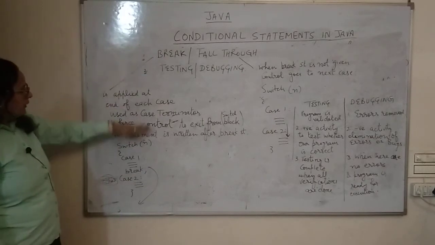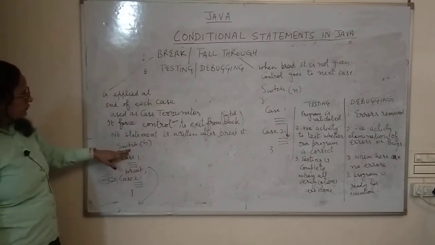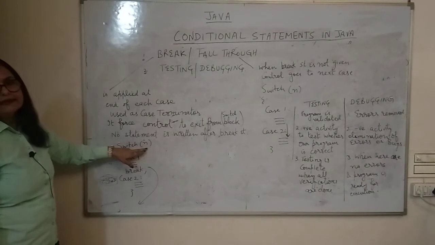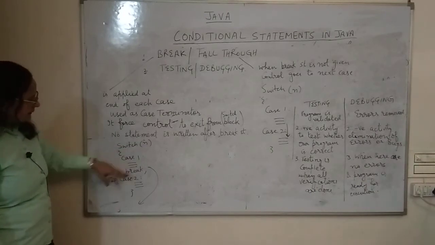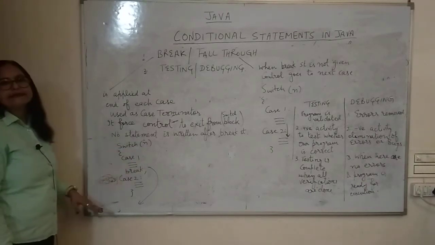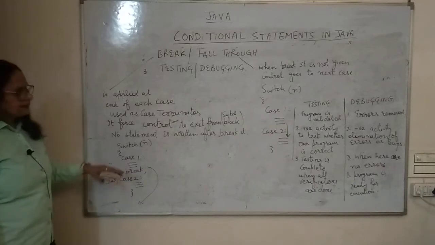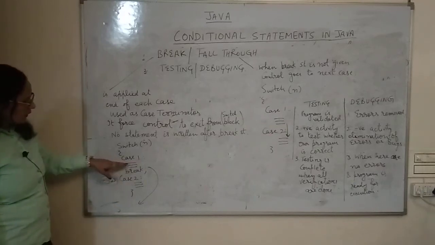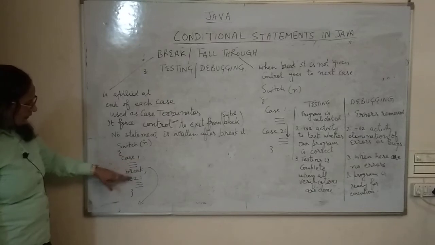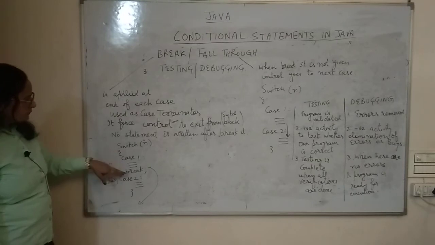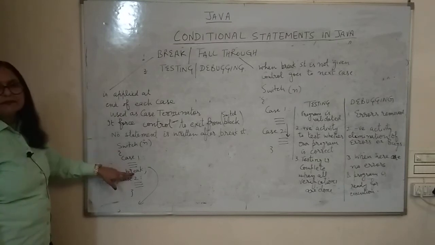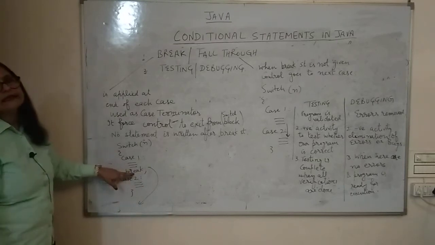Now first of all, let's check. We have to use switch, and then there is a variable, then cases. We can have n number of cases because this is the user choice statement. Now case 1, couple of statements, break. Now case 2, couple of statements, break. Now my dear friends, we are using the break statement at the end of each case.